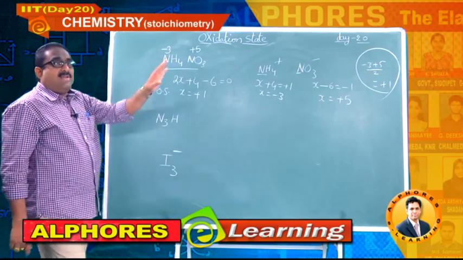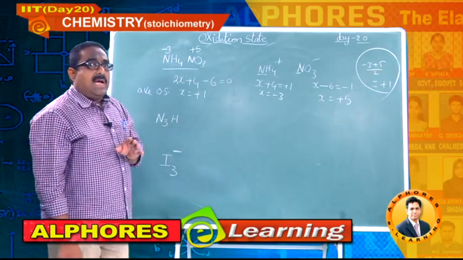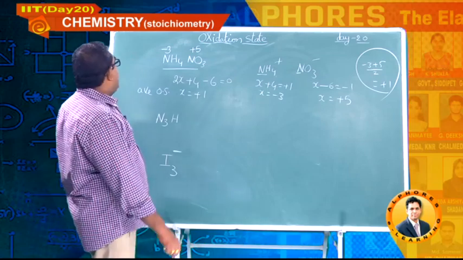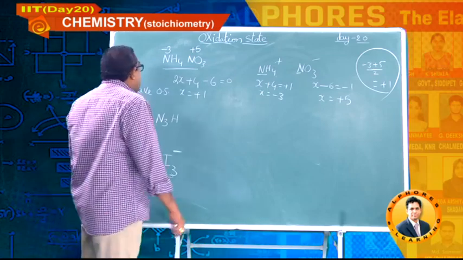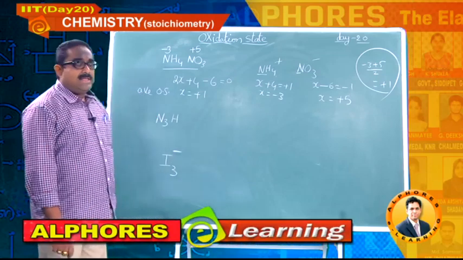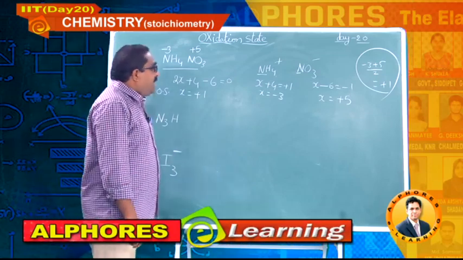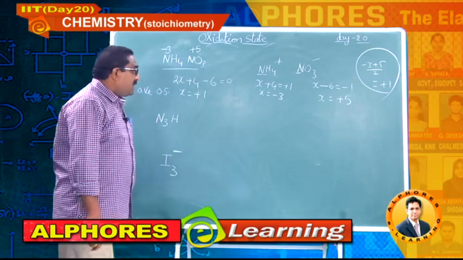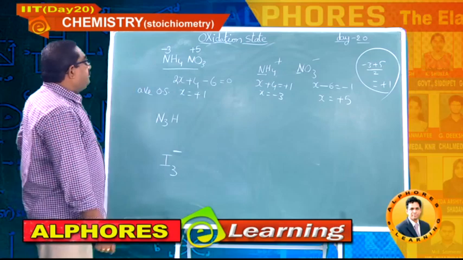This you can get immediately by using our rules to calculate oxidation state. But if somebody wants to know about the individual oxidation state, you need knowledge of the structure and bonding aspects of that particular compound.